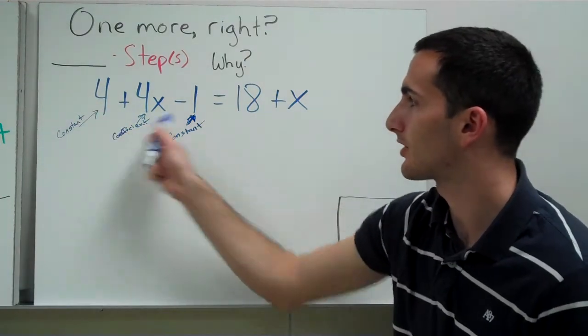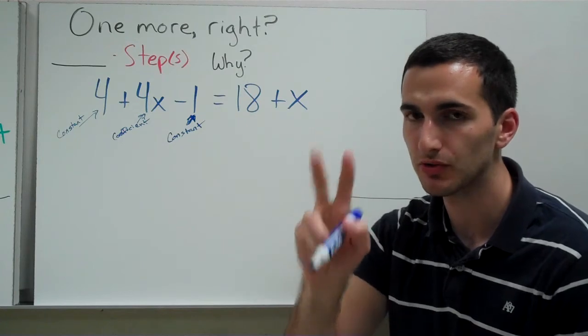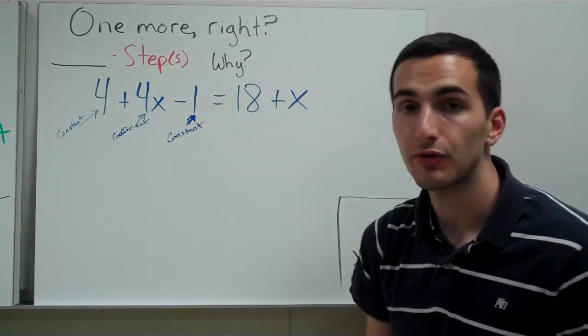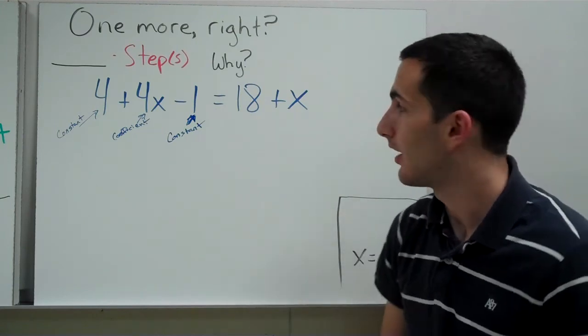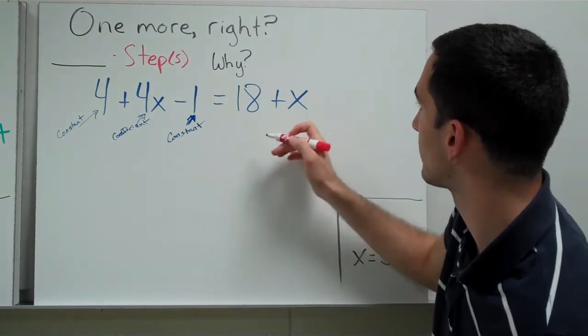I'm going to count these up. That's how many things I have to move. There's 3 of them, which means it can't be a one-step equation, can't be a two-step equation. It's got to be a multi-step equation. Whenever we have multi-step equations, we have another step in our process. Okay, so our first step is going to be